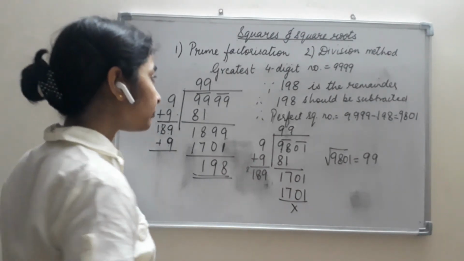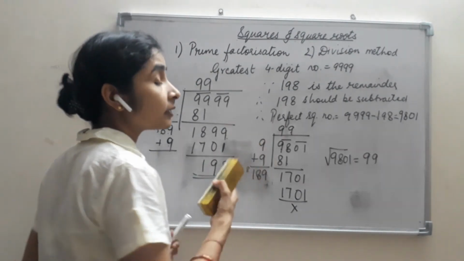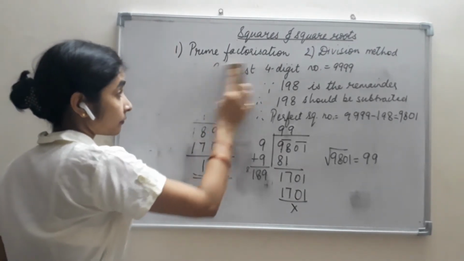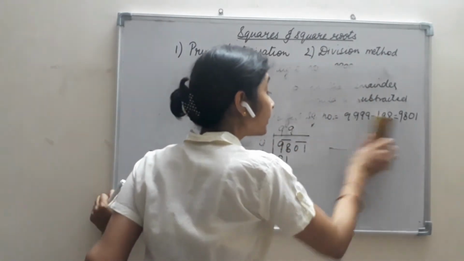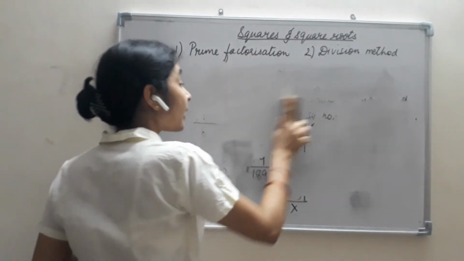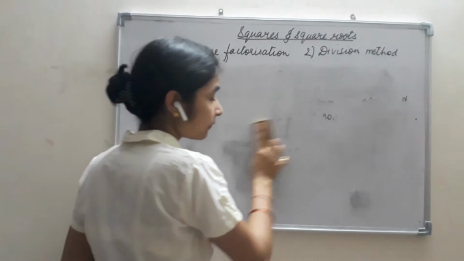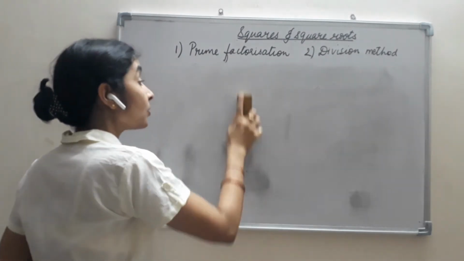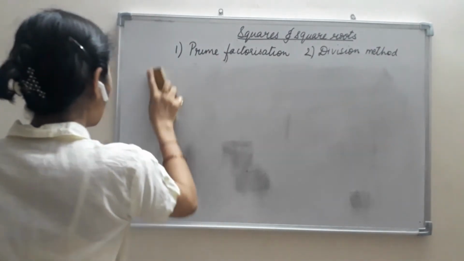Now, these were the cases when we are asked which is the smallest number which can be subtracted from the given number to make it a perfect square. Now, the opposite thing can also be asked, that means which is the smallest number which should be added to the given number to make it a perfect square number. Then in that case, how will we find? Here it was easy that whatever was the remainder that was left, we used to subtract that number and we got the perfect square number. But here how are we supposed to find? It takes one step more. Now, what is that step?